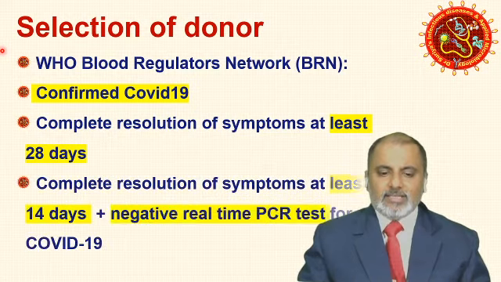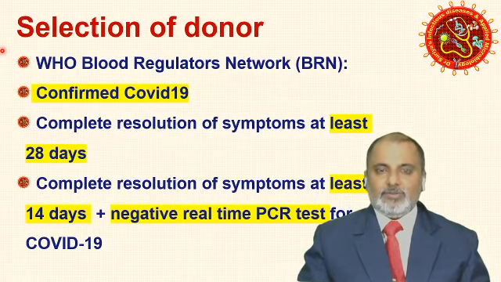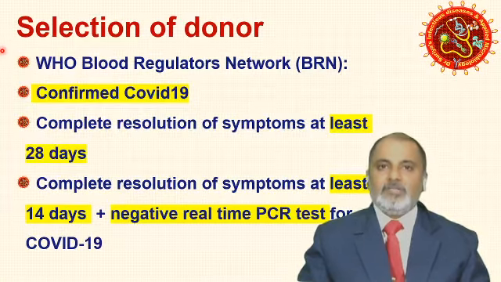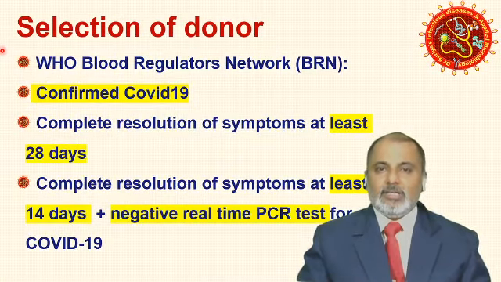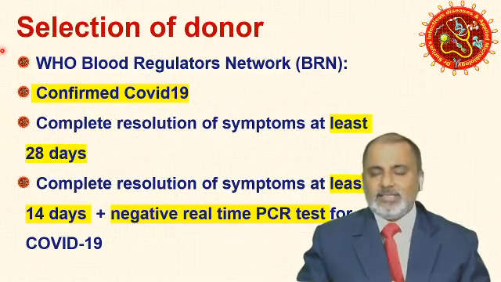Next, in case he has been free from symptoms for 14 days, we can go for RT-PCR from a nasopharyngeal swab. It should be negative, at least 2 specimens within 24 hours, because RT-PCR sensitivity is 70 to 90%. So to avoid this, we can do 2 different specimens at a 24-hour interval. So this is the basic criteria to choose the donor. Apart from that, all other transfusion conditions apply, like he should be 18 years or older and free from HIV, hepatitis B, all others acceptable.